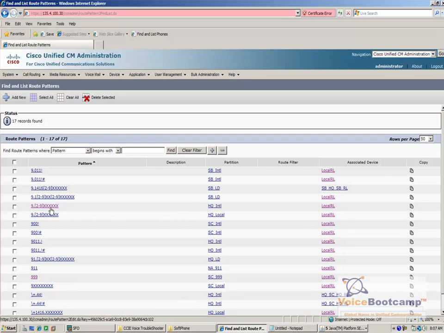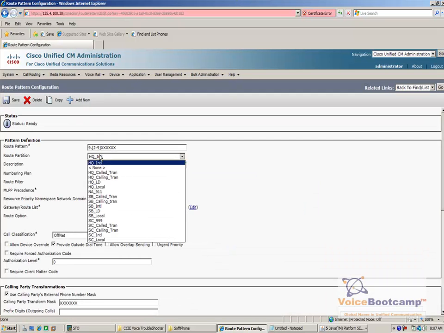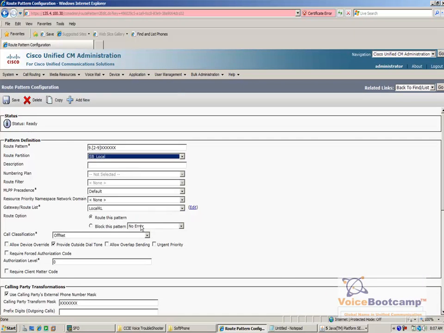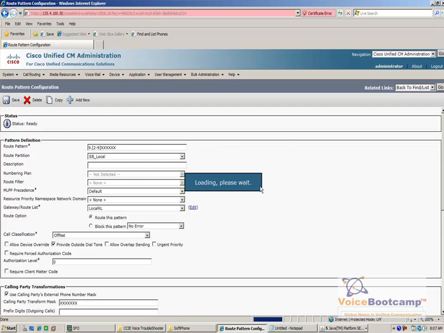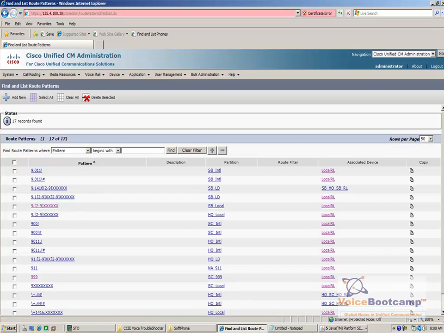If I take a look at this particular one, which has an HQ international partition, it's probably the pattern that I need to use. So for SB, I will select this and change the partition to SB local. This way we'll know that whenever the SB phone dials a local number or long distance number, it will use this particular pattern. So if I again try to redial,